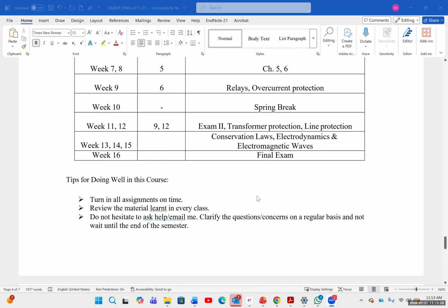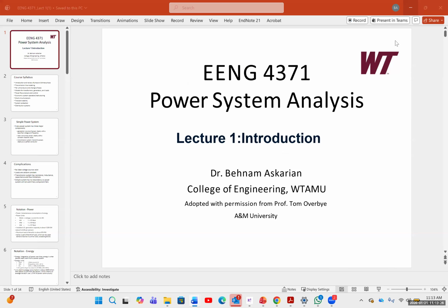The syllabus may differ a little bit from this calendar. I will try to cover all of it, but we may have a little bit of deviation from this, because in some parts I realized that the students didn't learn from or didn't have the prerequisites for it. So I'm going to go deep into some parts. For example, for transformers, we may spend more time on transformers and modeling transformers and so on.